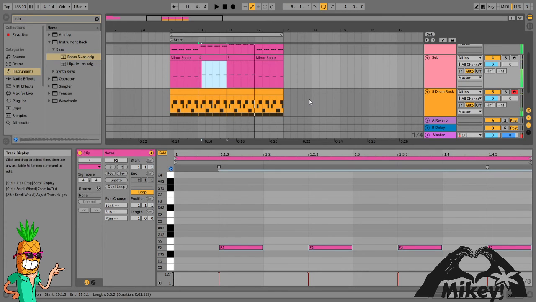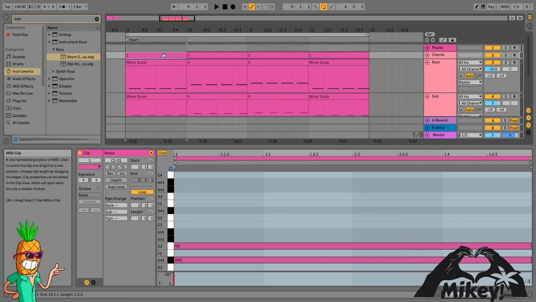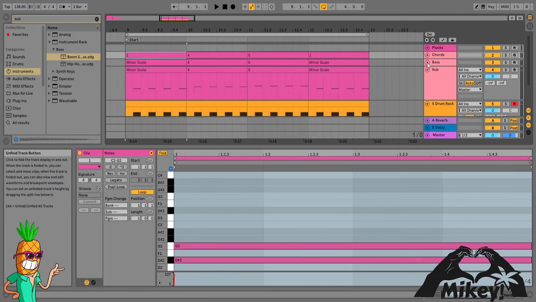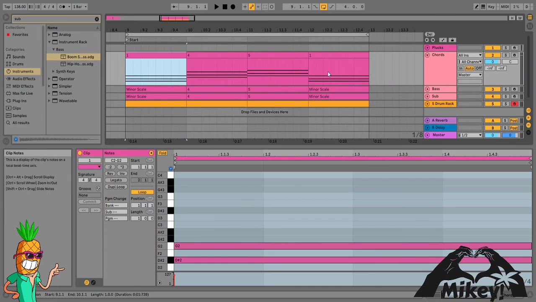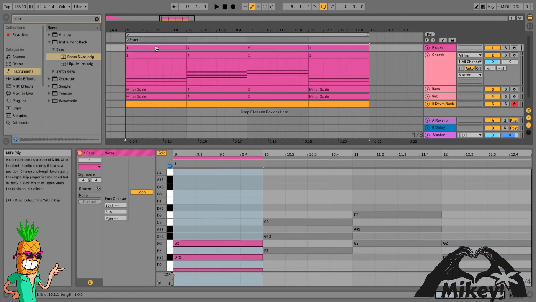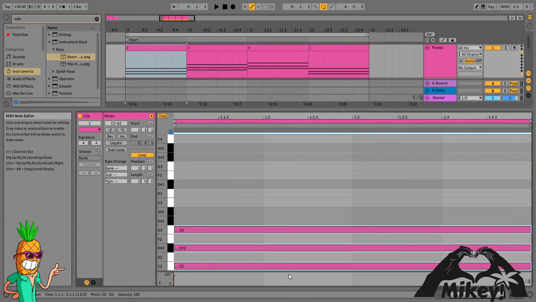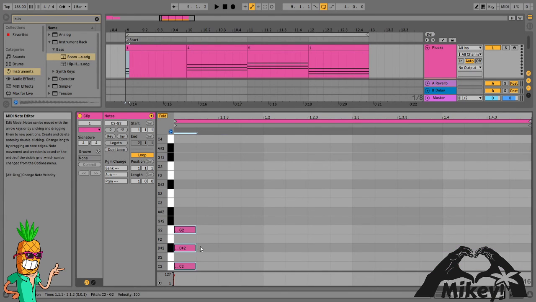And then what you can do with the plucks basically is you can follow the pattern of the chords if you like. So let's shrink up our bass and our drums since we're done. Go into your chords, click, shift click, and then hold down Control, click and drag up into your plucks, and then you can take these clips and put them on 8th notes if you want, or 16th notes, and you can mess around with creating a 16th note pattern